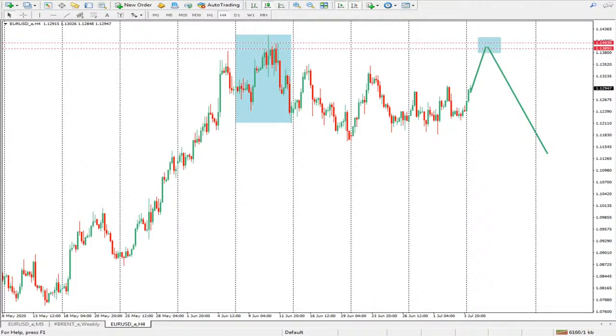So as it is now, we want price to continue upwards. We want it to try giving us the best opportunity to look for a trade. That is, it should try getting that resistance so that we look for a sell position at the lowest possible risk. So the next chart we look at